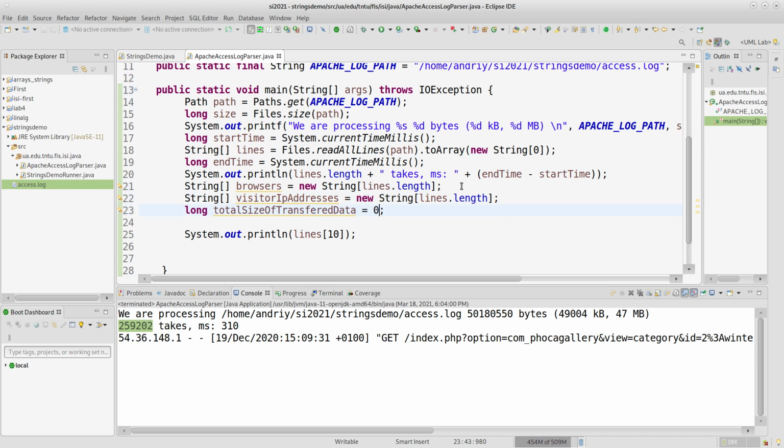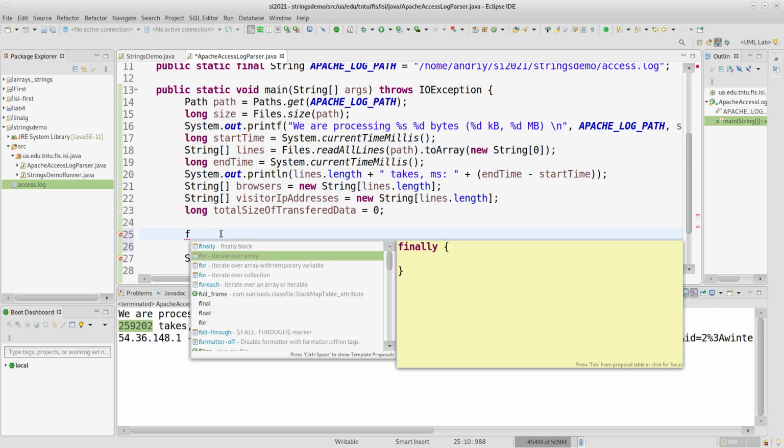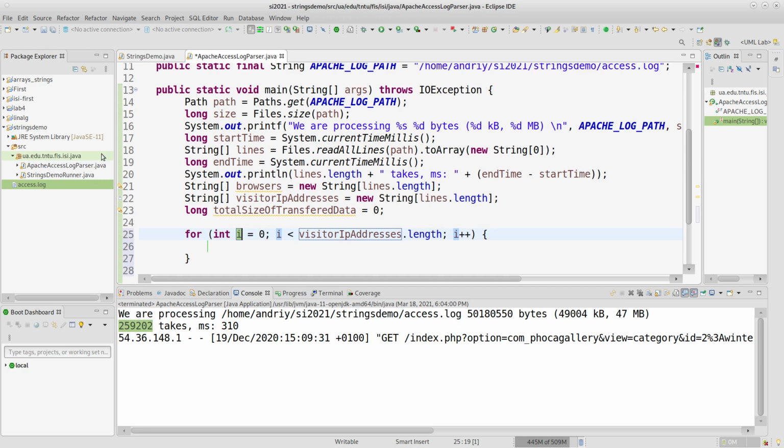Now it will be rather large arrays indeed. So let's move forward. Now we move to the regular expressions. We want a loop, because you see that we have lines, it's an array of all of the lines. We want in the loop to move through all of the elements